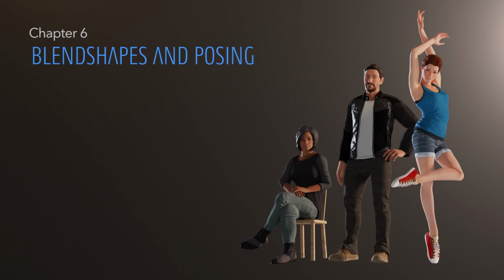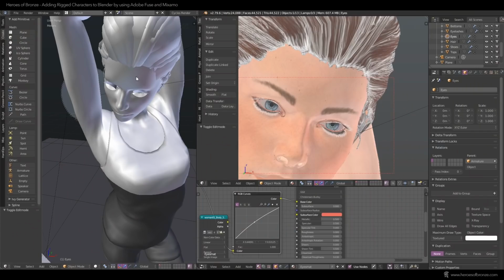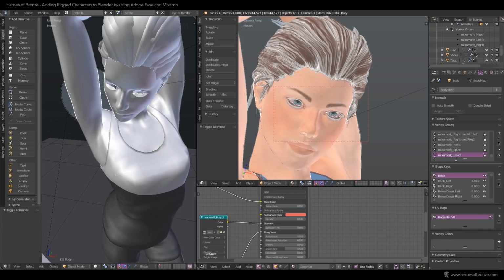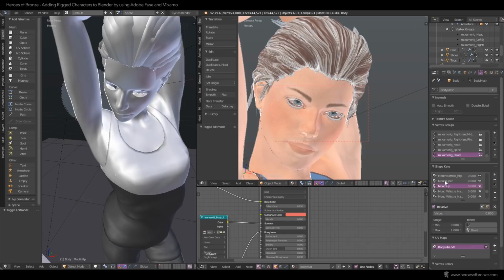If you choose to export the model with blend shapes, you now have all these options of actually creating and even animating different expressions on the character's face. These are hidden in the Object Data tab of your properties, where if you scroll down, you find shape keys. By sliding through the different shape keys, you can, for example, open the mouth, change the position of the eyebrows, make her close her eyes, and many combinations of everything.